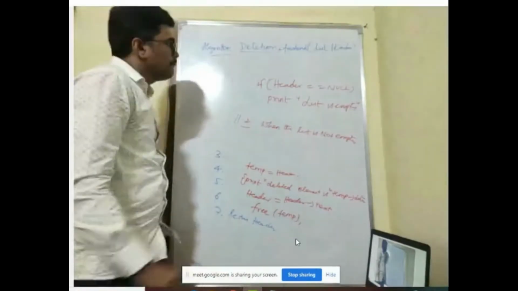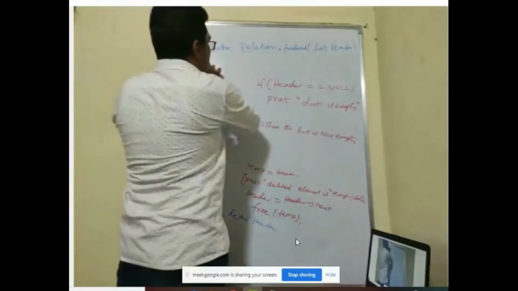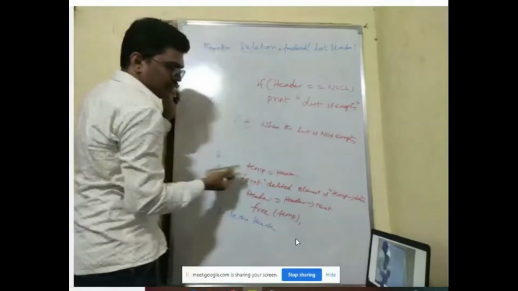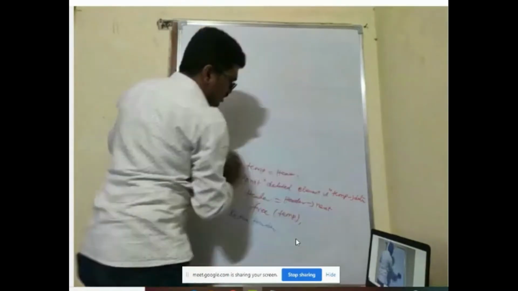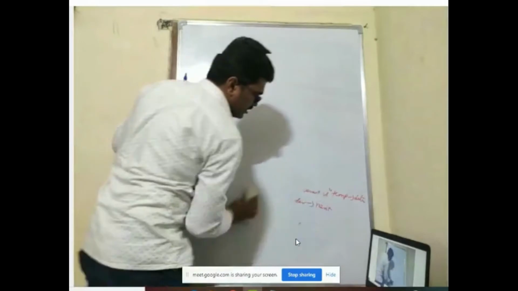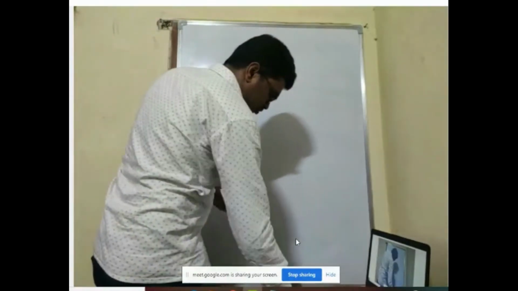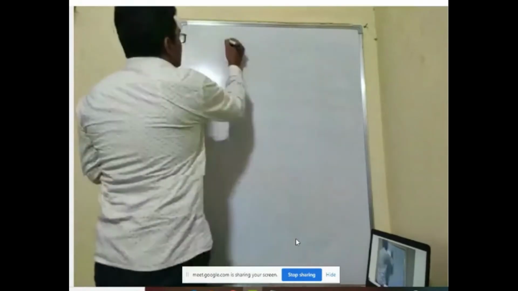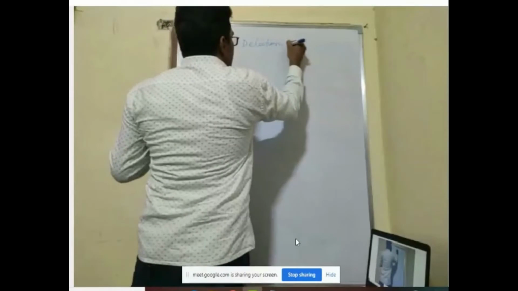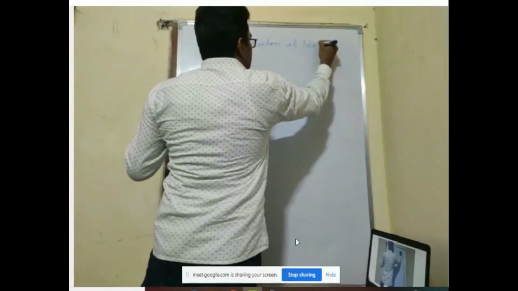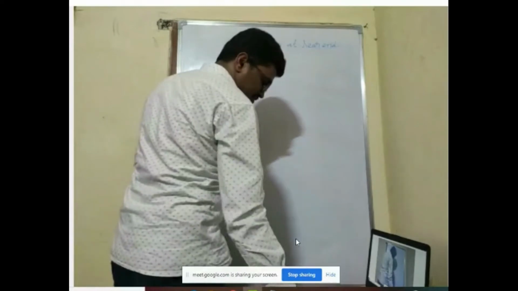Is that right? So the last operation, one operation we'll see, and we'll stop today. This I hope you can convert into a function, no issues. Afterwards, I'll show you a little bit of the animated aspect of this one. So now the fourth operation is deletion at the rear end.